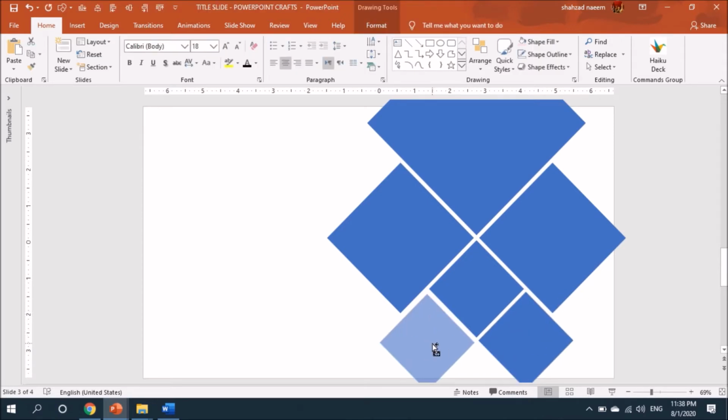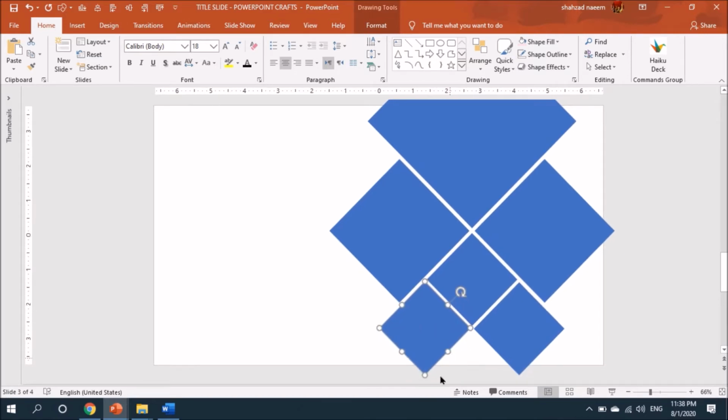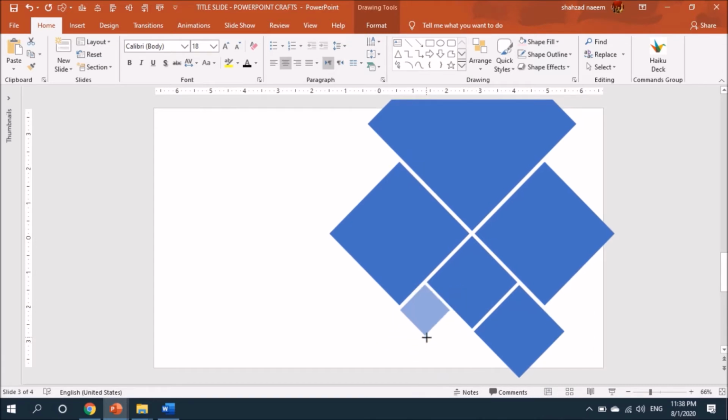Again, I'll use the same method and make another copy here, and make it a little bit small. I'll make another one and place it here, and I'll make it slightly smaller than a